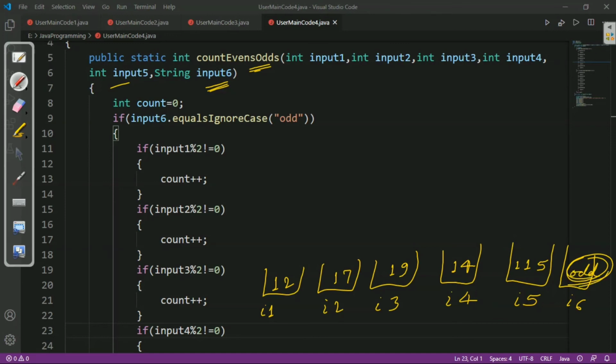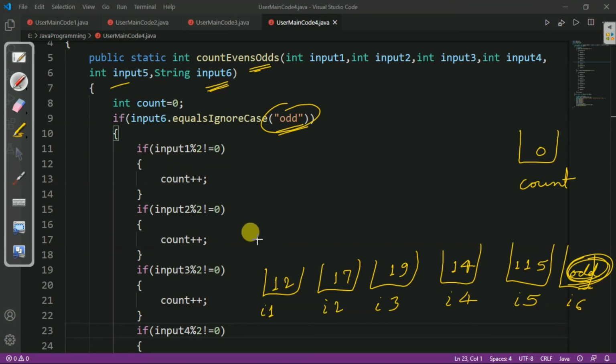So, we will check for the odd numbers. After that we have initialized the count variable to 0. After that we have ignored the case of the odd. Now, we have retained the condition for odd numbers.